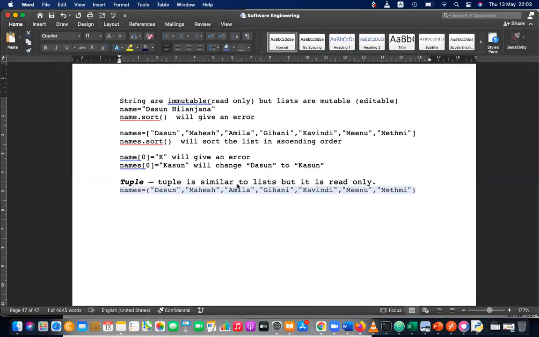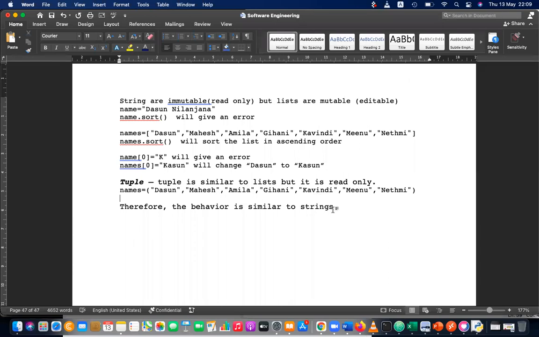The behavior is similar to strings. It is about tuple. Please write down that as well.